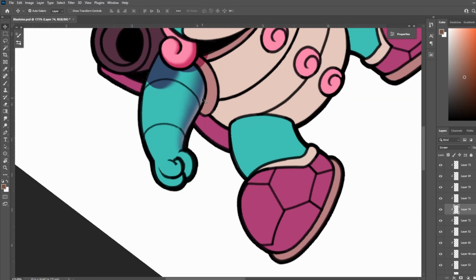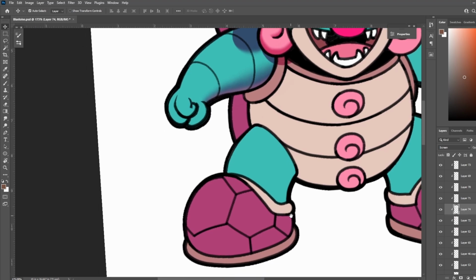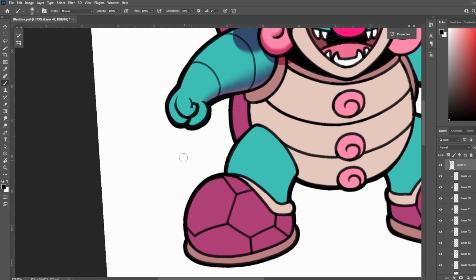So I think if I was going to do something like this, a bounce light on the arm, I would want it to be this magenta color. Maybe a little bit more red. Yep. Because if this shoe, and this Blastoise having shoes is hilarious, if this shoe is extremely shiny and